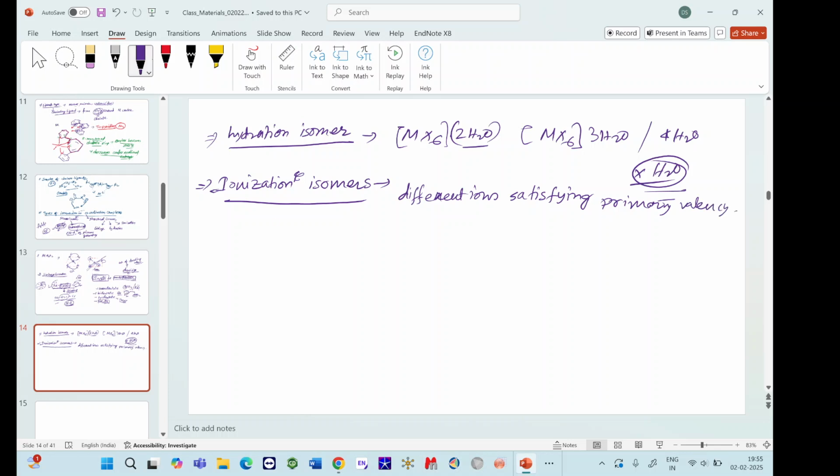Say two systems are there, call it [Co(NH3)5Br]Cl2,